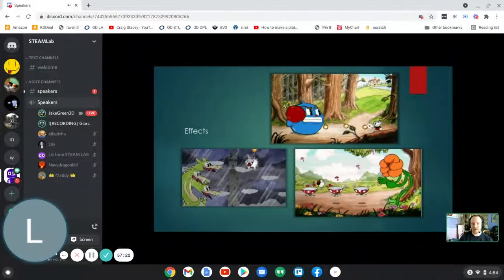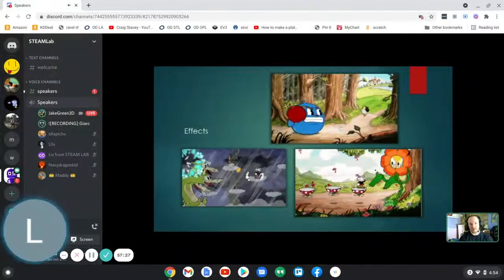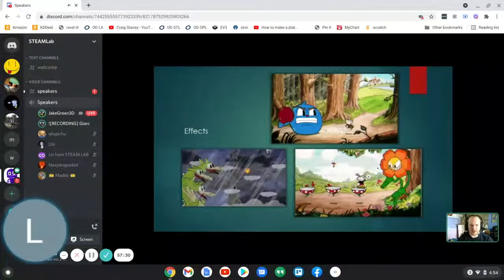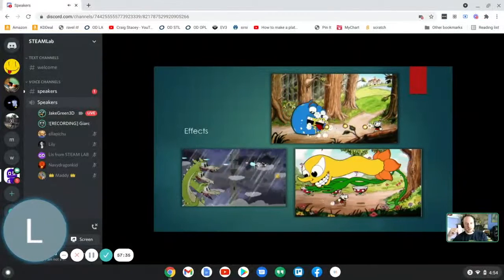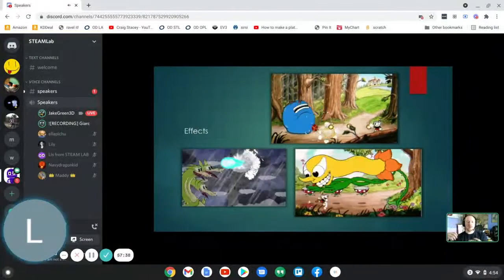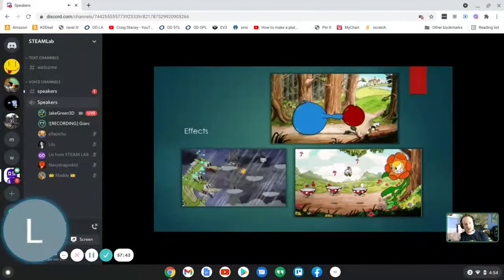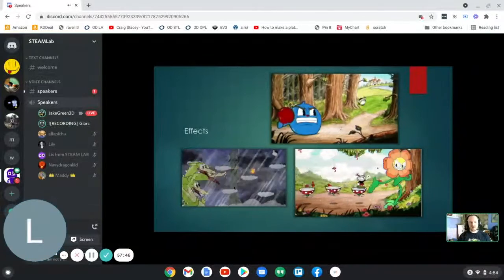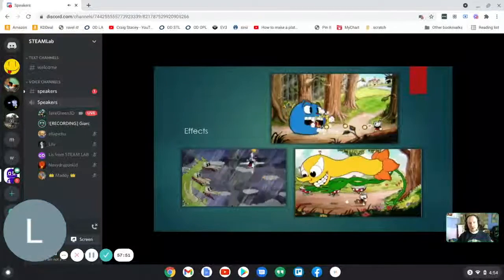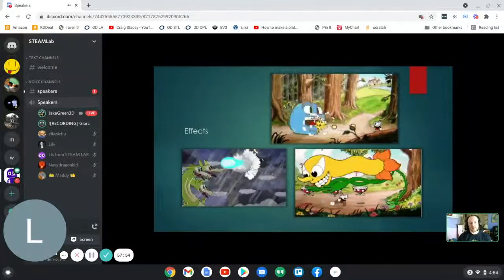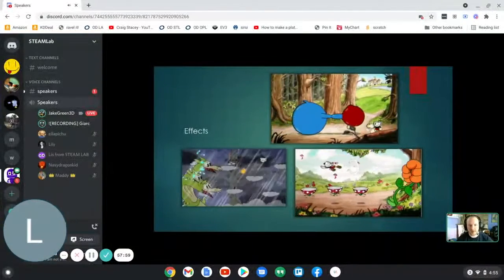Another art category that people work in is effects art. So in this game, I tried to get some GIFs that show it, but basically everything you do, every projectile Cuphead has, every time it makes an impact, if there's rain, if there's electricity or any kind of other things, that all has to be drawn out and thought of. So effects art is another important category of art that people work in that sometimes gets overlooked,